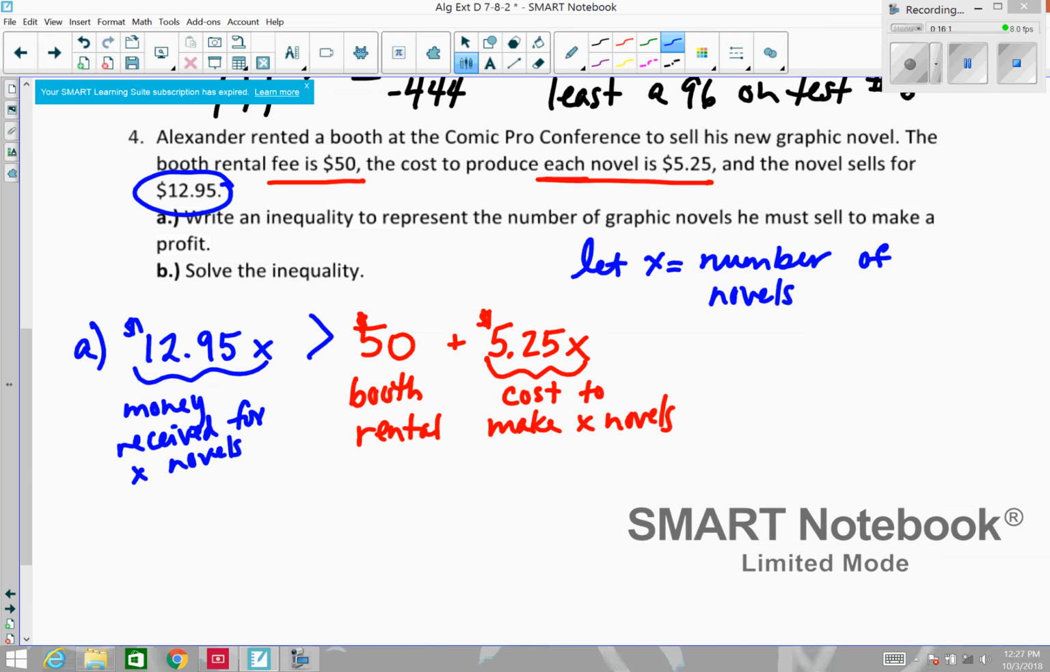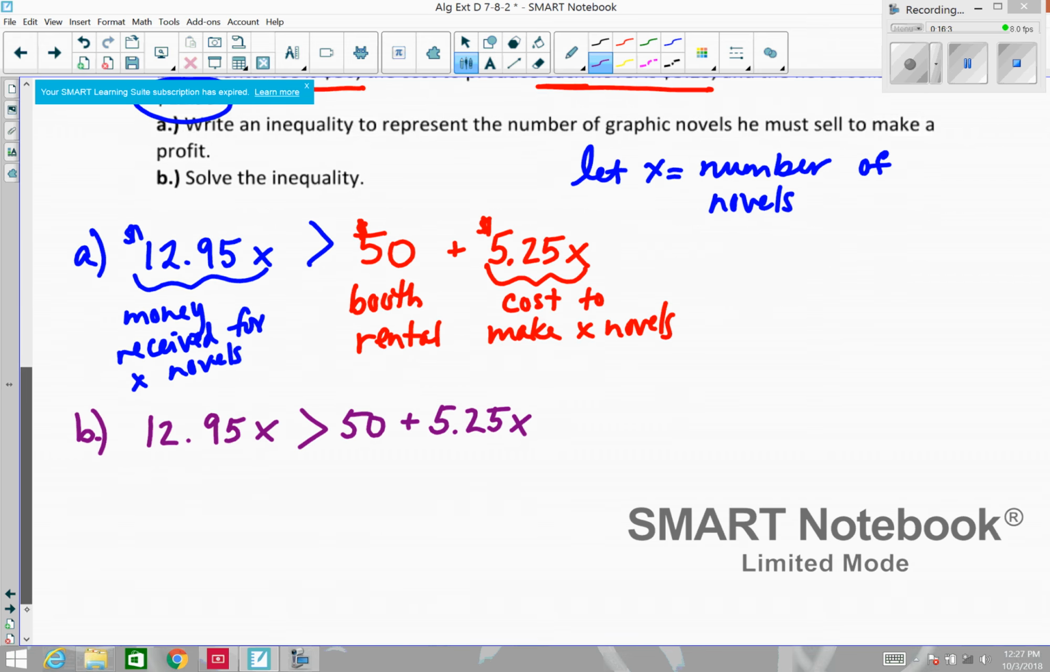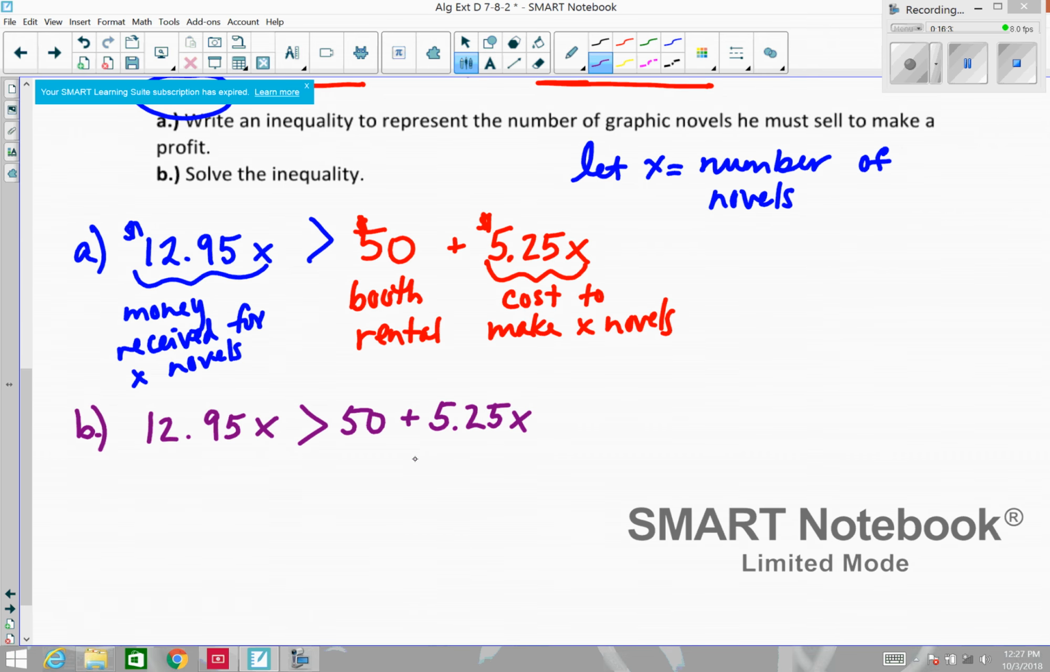Now in part B, we need to solve this inequality. So I'm going to go ahead and rewrite it in B and then solve for X. So 12.95X has to be greater than 50 plus 5.25X. And we need to get our X's on the same side, so I'm going to subtract 5.25X from each side. And when we do that, we get 7.7X